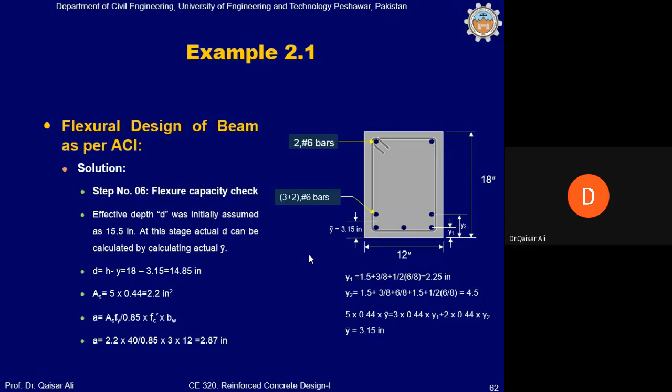हमने किए हैं, नंबर 4 भी कर सकते हैं। कहने का मतलब ये है कि अगर आप ऊपर वाले बार नंबर 4 भी करें तो यू कैन डू दिस, क्योंकि ऊपर हमें बार जरूरत नहीं है। हमने सिर्फ स्ट्रिप्स को होल्ड करने के लिए और बीम की शक्ल बनाने के लिए, बीम का पूरा शेप बन जाए, कम से कम आपको 2 बार ऊपर चाहिए।